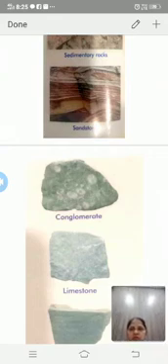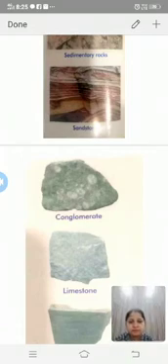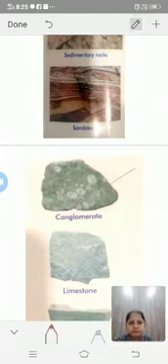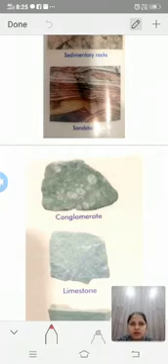Conglomerate is a sedimentary rock of uneven texture. It is not a very useful rock, but poorly cemented types may be crushed to make aggregate for concrete manufacture.